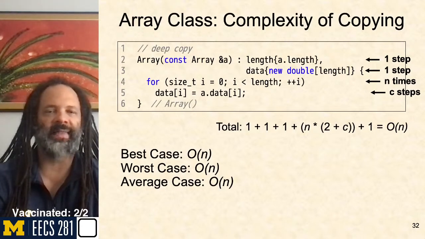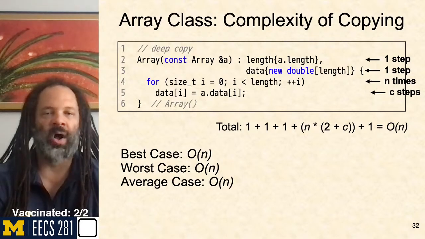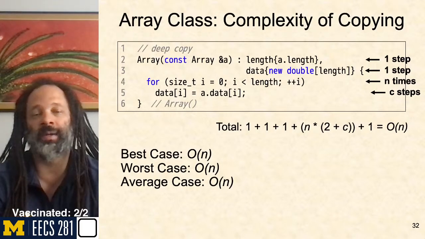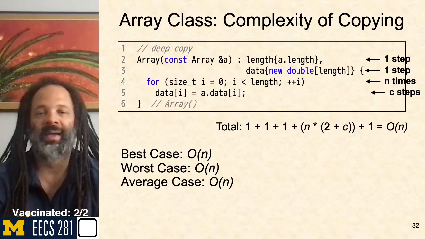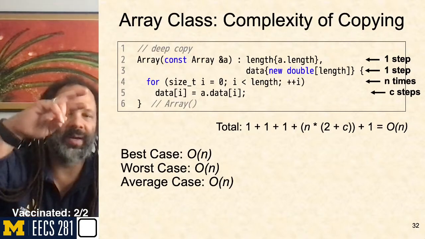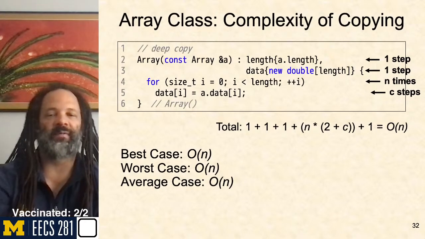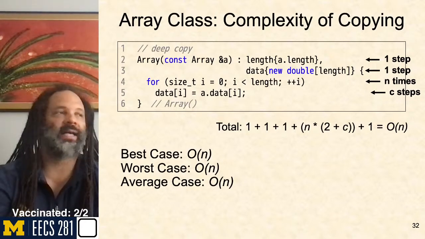So this is looking at the complexity of copying. Hopefully, you would think that this isn't going to be longer than linear. I've got n things to copy over there. That should take me no more than n time. And this is just a copy constructor that runs through and does those things in there. So I can look at this as big O of n in the best case, worst case, and average case,